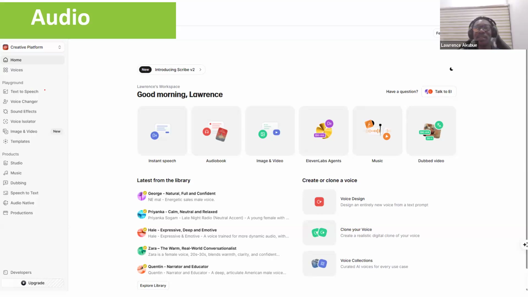So in the next class, we're going to look at text to speech, voice changer, sound effects, and all that. Image to video, they equally do image to video, but I'm not going to repeat image to video here. I've extensively covered it with Canva and, of course, the one we did today, Kling AI. Then studio, music, dubbing, speech to text, audio native, and production. So we are going to cover this in the next class. So quickly, I'm going to use the next 5 minutes to throw more light on the